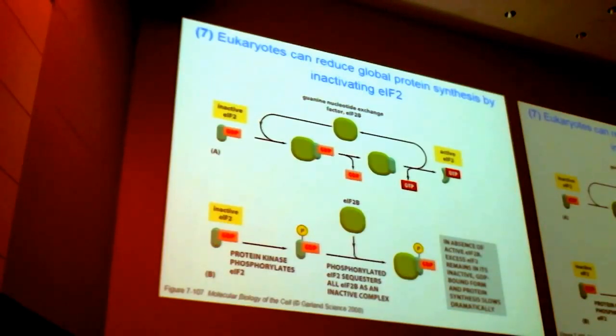It turns out it is a GTP binding protein that's typically bound by GDP, and you have guanine nucleotide exchange factors which will switch GDP to GTP and make it active. Now if this EIF2 is phosphorylated, then it can act like a dominant negative. It'll just bind up the other protein, that is the exchange factor, not let go, and